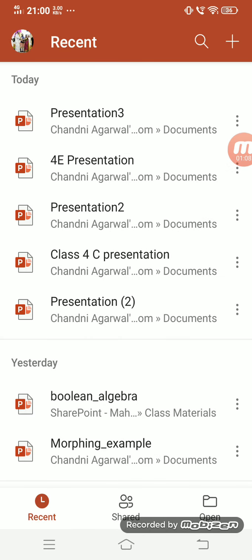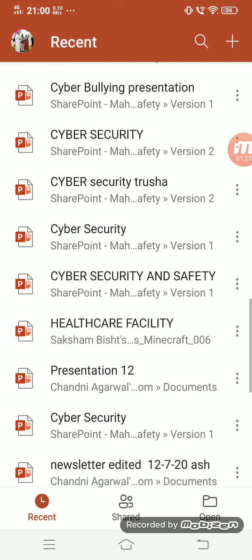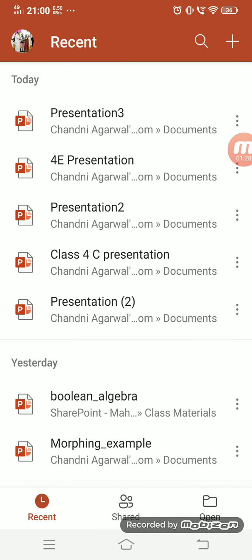Always it shows the updates, whatever updates are available for your PowerPoint when you open it. Now this is the dashboard or the home screen of your PowerPoint. As this is a small device, you can see it in the scrolling form. All these are the presentations saved under my Office 365 IDs.